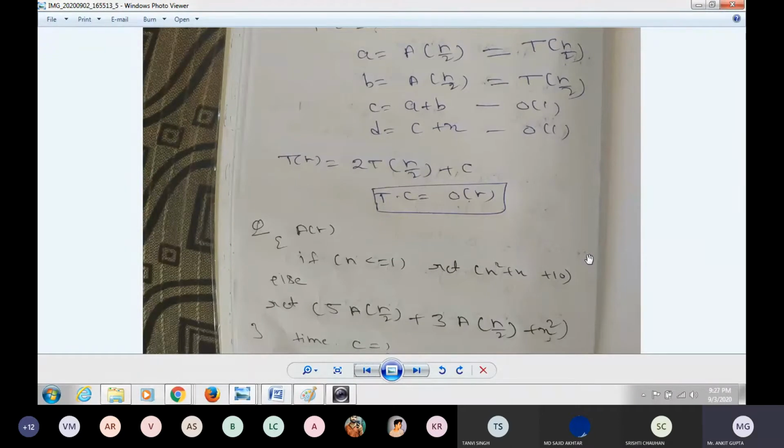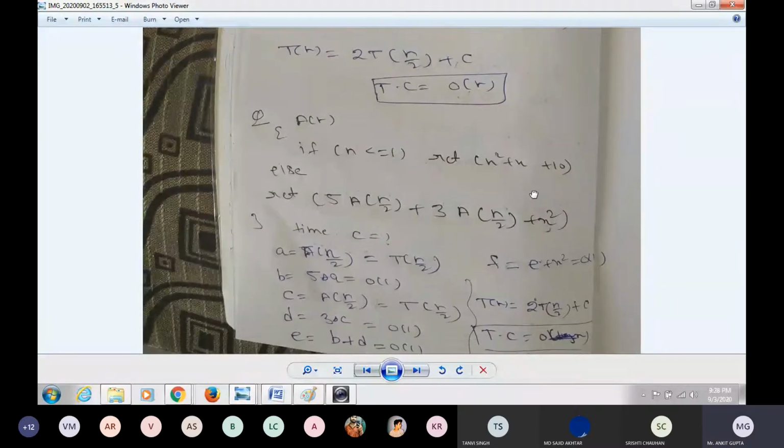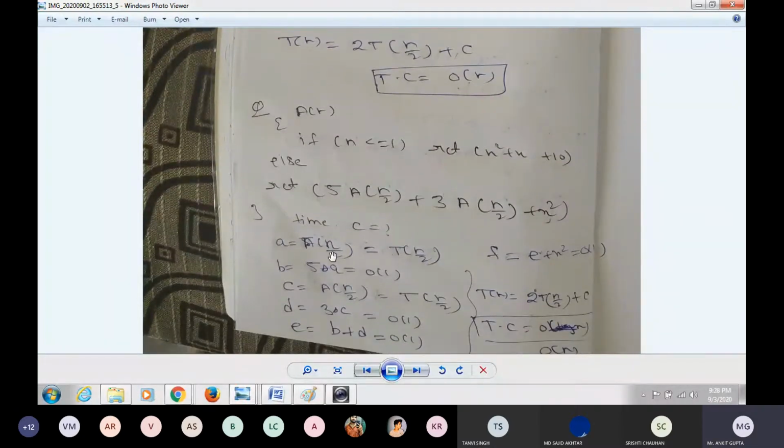First of all, you can take a variable a equal to A of n by 2 and b equal to A of n by 2, because here there are two recursive function calls, A of n by 2 and A of n by 2. So you have to take them in separate variables. The complexity will also be separate, T of n by 2, T of n by 2, that is 2T of n by 2. Okay, so you can take it like that: a equal to A of n by 2 will take T of n by 2. If T of n is the complexity of A of n, then the complexity of A of n by 2 is T of n by 2.